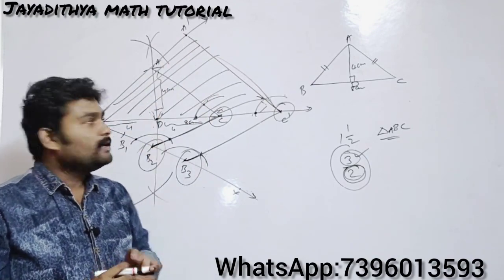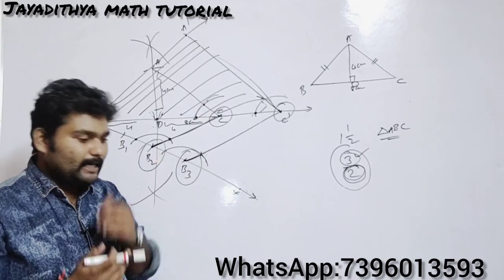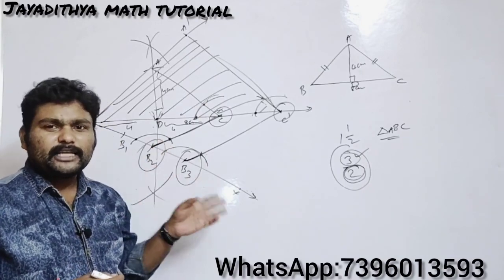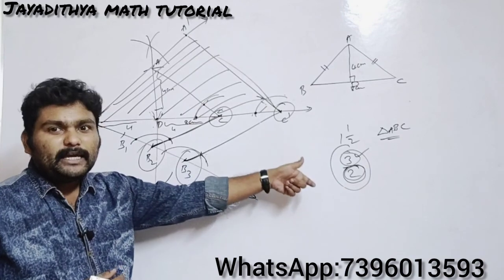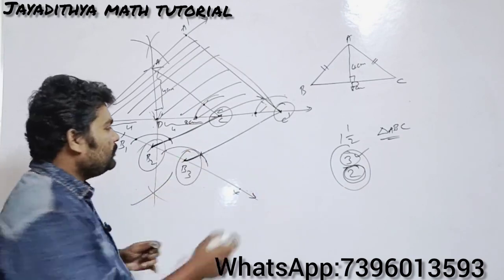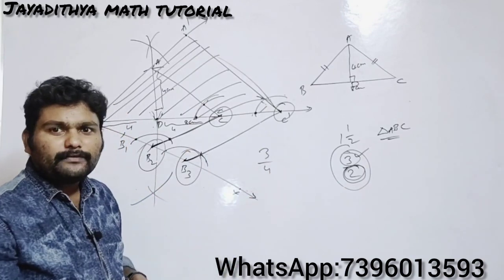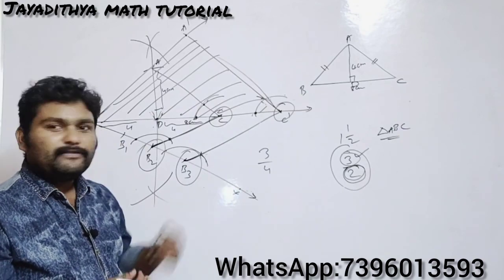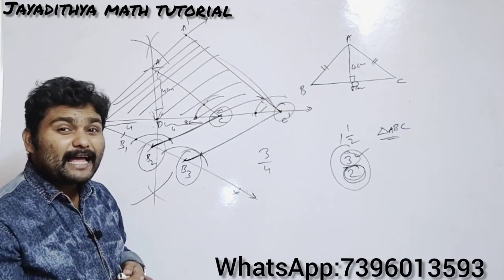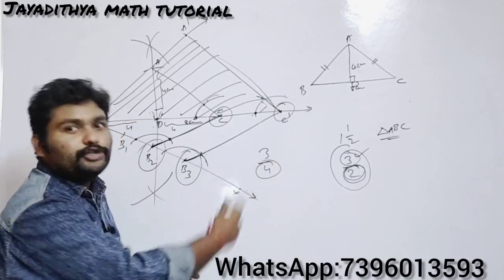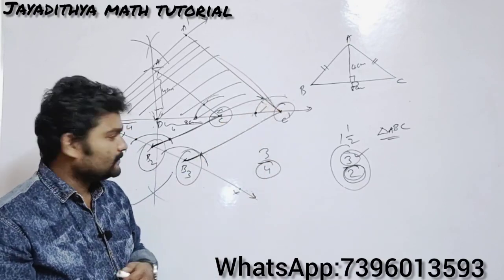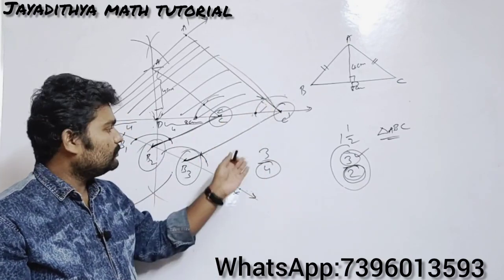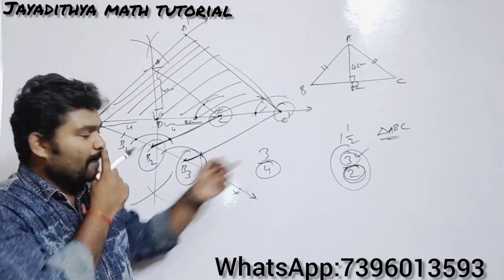Write the construction steps. Practice more. If you practice, you will be getting full marks. Definitely from these 3 questions you will be getting 1 question. Maybe the fractions may be changed now. For example, if you get 3/4, will you get a smaller figure or a bigger figure? You will definitely get a smaller figure. So the original triangle has which dimension? 4. So you should join B4 and the original vertex. Then you should draw the similar triangle with the dimension 3.